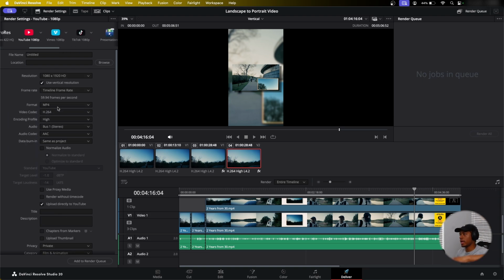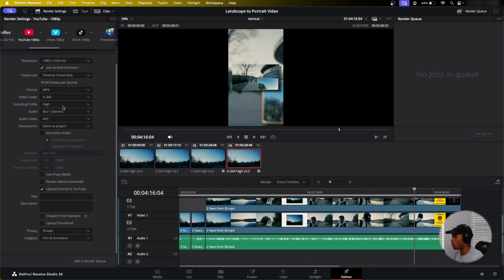Automatically, by default, it has MP4, H.264, all these numbers that I understand, but it may not make sense starting off for a new person. Don't worry about that jazz. Leave this all the same. Don't touch a single thing. Just leave it. I have a deeper dive on YouTube settings if you want to learn exactly what to change